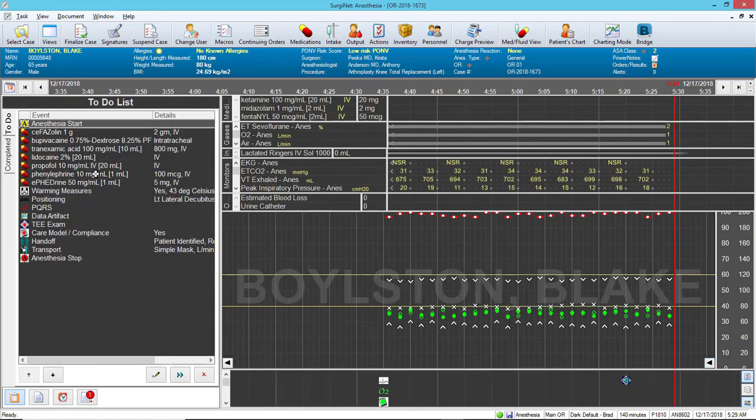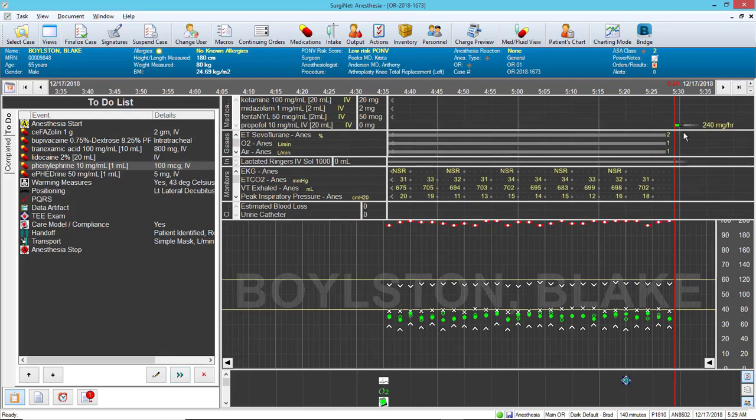Any additional documentation can be pulled from the to-do list that's been populated from the macro, so again it provides me a very efficient way to do some additional documentation. So for example, if I wanted to start a propofol infusion, I can do that directly from here. It's important to note that that information will flow directly back into the patient's EPR so that the drug chart